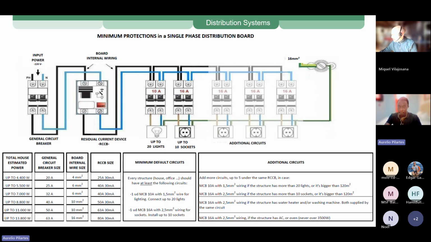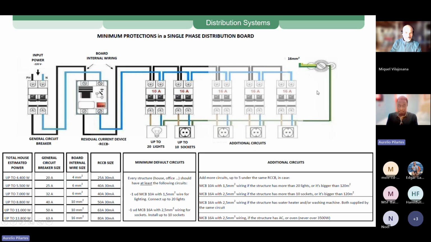particular appliance. One also common mistake we find in the ground is seeing people putting 20 amps or 25, even 32 amps to feed their ACs, split air conditioners. I mean, for most ACs, they have smaller currents. An AC of 9 or 12 kilo BTUs will never be more than 16 amps. But a common mistake we find in the field is putting these bigger circuit breakers for ACs when we don't need them. So they can easily fit in a 16 amp circuit breaker.